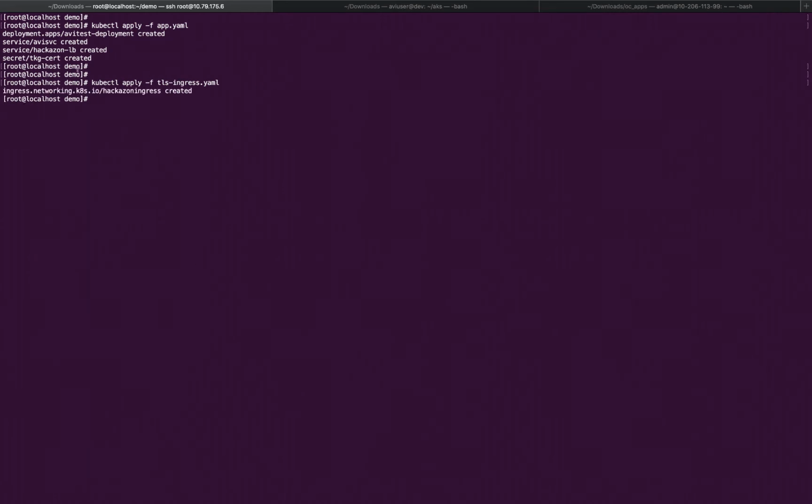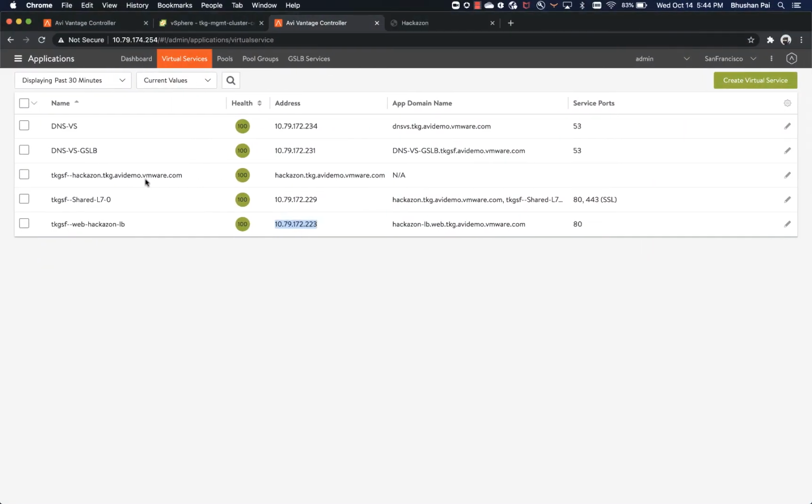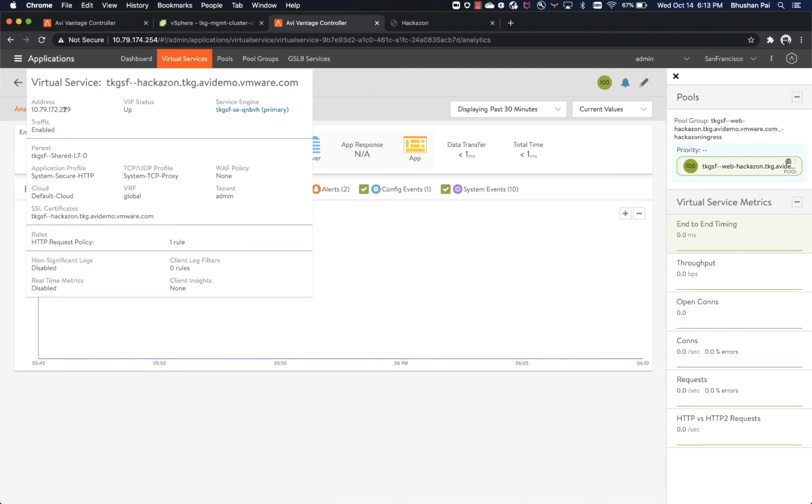So this ingress is going to use the secret certificate that we had created earlier. And as you see now, since the service engines were already up and running, the new VIP automatically gets placed on the existing service engines and the application is up and running as soon as it's created. As you see, the Avi controller automatically assigns the virtual service the FQDN which is specified in the ingress spec, and it also gets an IP address from the IPAM and assigns it to the virtual service. It also syncs the certificate which was specified as a Kubernetes secret and applies it to the secure ingress virtual